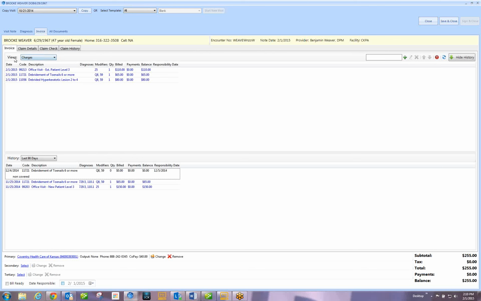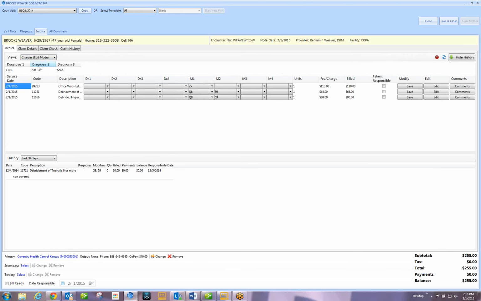You'll notice I have some drop downs on my views, and I want to take you through all of those, and then we'll come back to the first one and we'll go through each one a little bit more. The charge edit mode brings up where you'll see those diagnoses that we had typed on our encounter, and you'll notice I have drop downs next to each